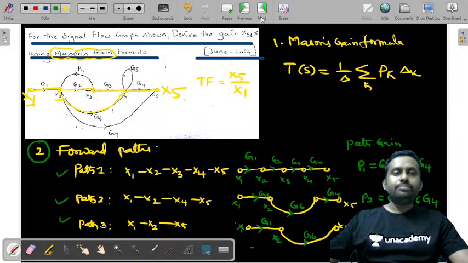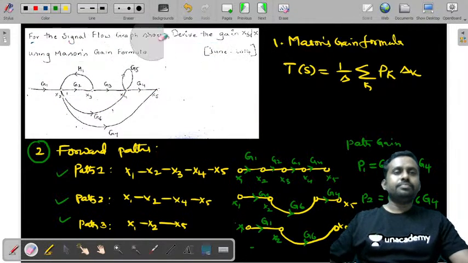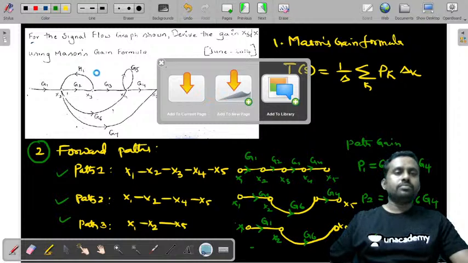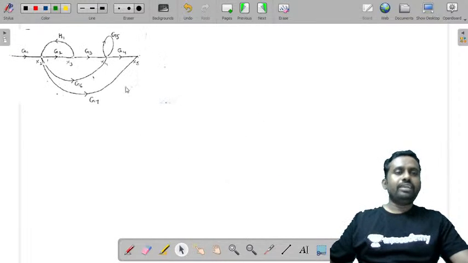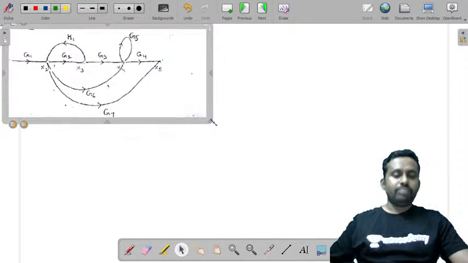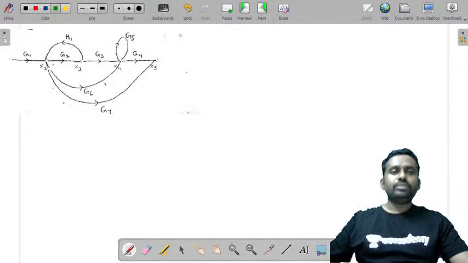Now let's move to the next part of this. I'll just take this to the next slide. So we have done number of forward paths. उसके बाद में क्या करना? Let's take a little big. And after completing the number of forward paths, next we need to write what are the third step would be